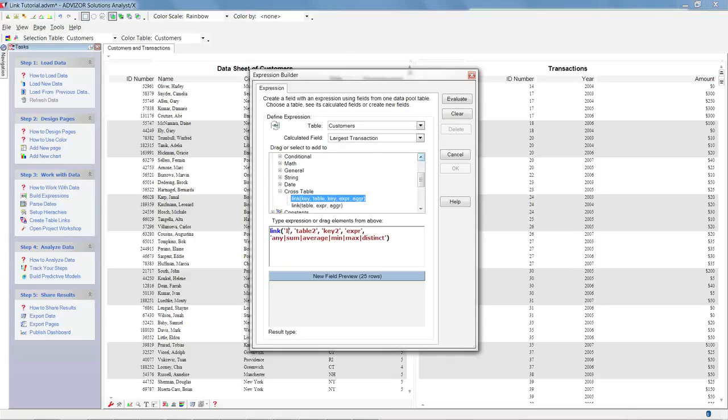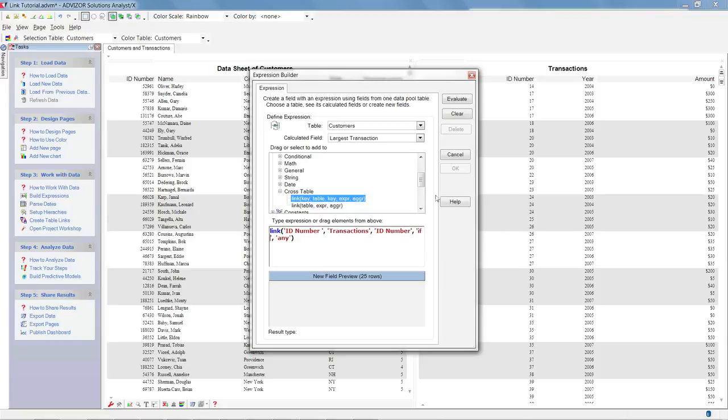As before, we'll want to make sure that we do the ID number, then go to the transactions table, link to the ID number. Now let's use the any, and for the expression, we'll do that last example with